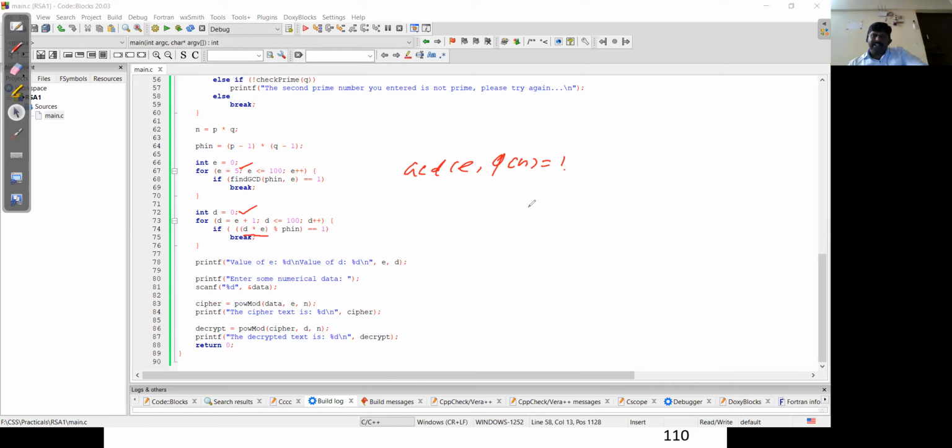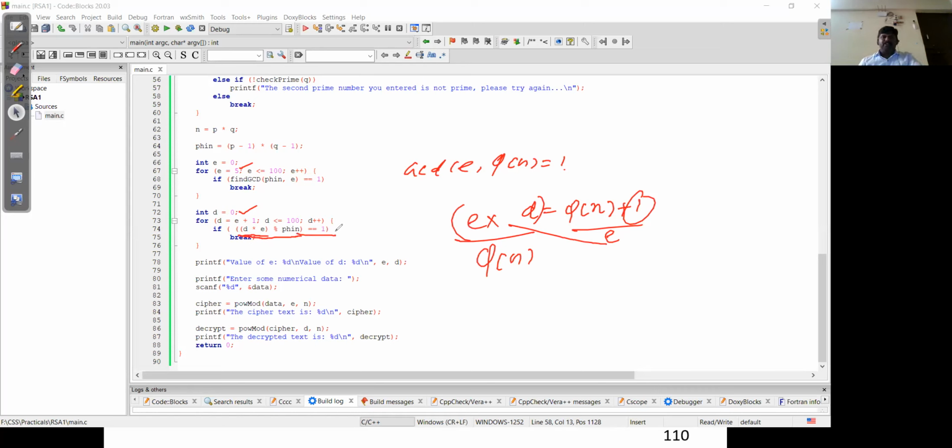So I mentioned d is equal to pi of n times 1 plus e. If you bring this here, e star d, and pi of n, it will give the remainder value 1. I hope it is clear.